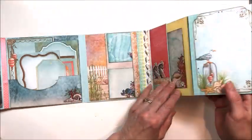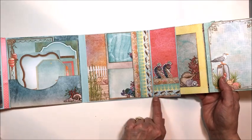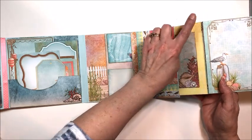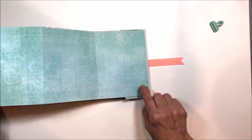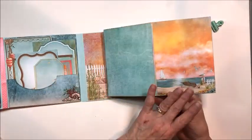When you glue it down, it's going to go on the front side of this flap, just like that. But on the back side of the flap, just put your adhesive on the top and the bottom and add it to the back side of your accordion, and you create an extra pocket, which is really cool. So this just pulls out, gives you room for 1, 2, 3, 4, 5, 6, 7, 8 more photos